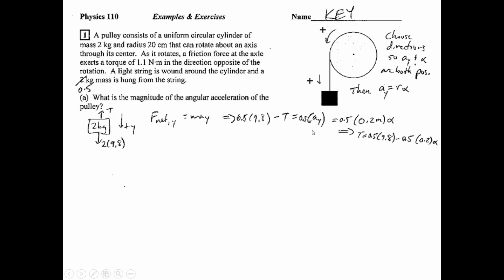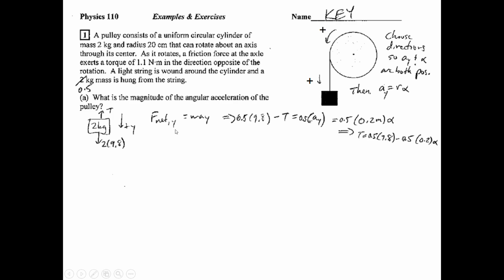So the first thing I'm going to do is, because we're concerned with alpha, I'm going to translate that a_y using this relationship into alpha. So replace a_y with the radius of the disk times alpha. And then I'm going to take that whole equation there, not using the middle part, and solve it for T. We'll see why in just a second, because I'm about to get a second